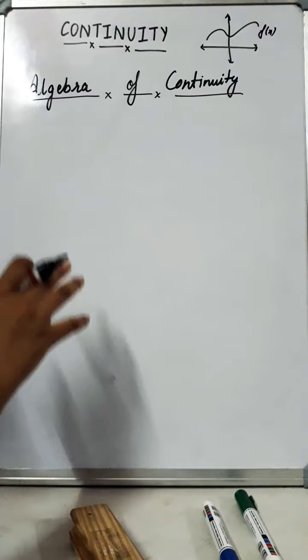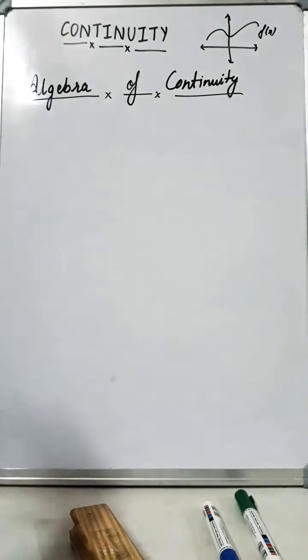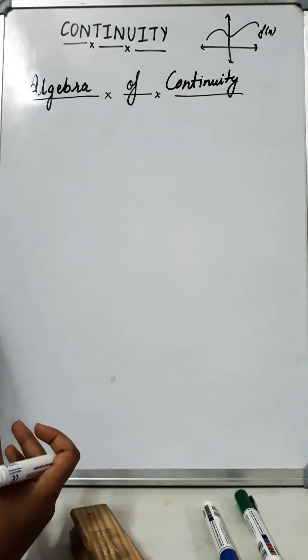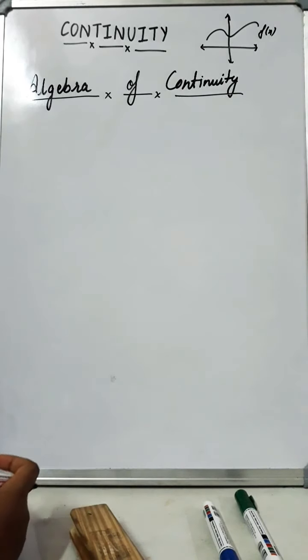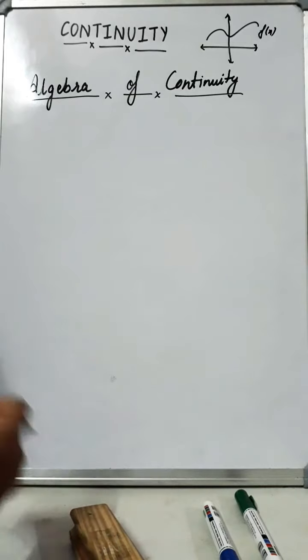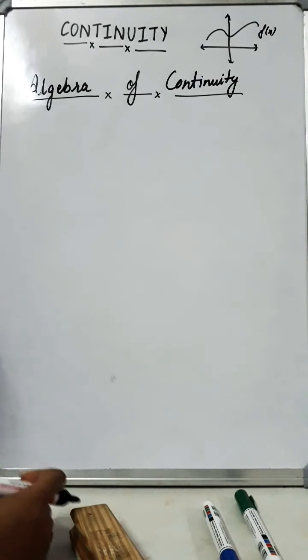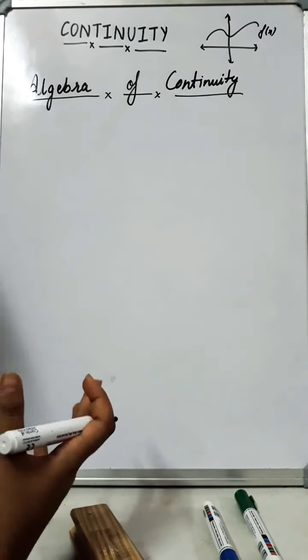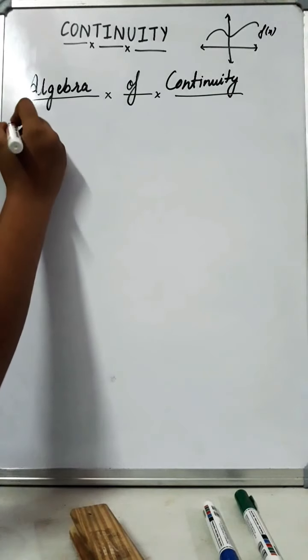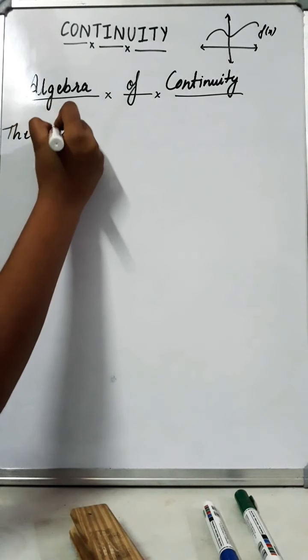Okay, so now we will talk about the algebra of continuity, meaning addition of 2 continuous functions, multiplication of 2 continuous functions, subtraction and division of 2 continuous functions. We will find whether they are also continuous or not. So your theorem says,